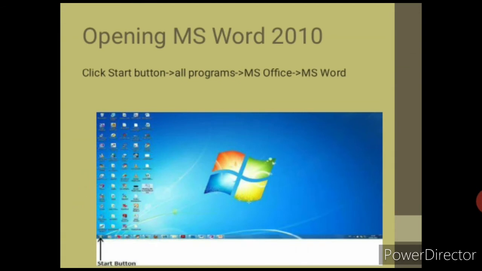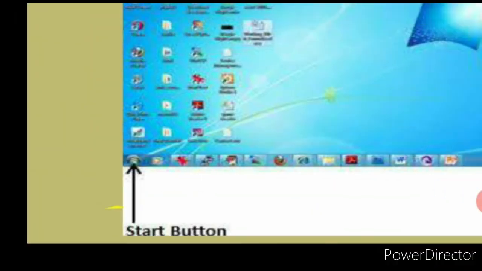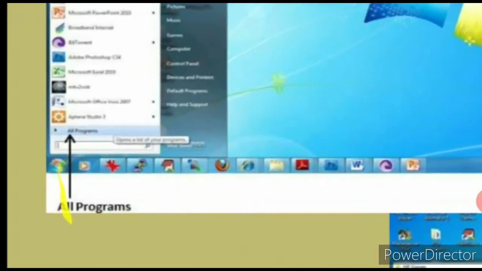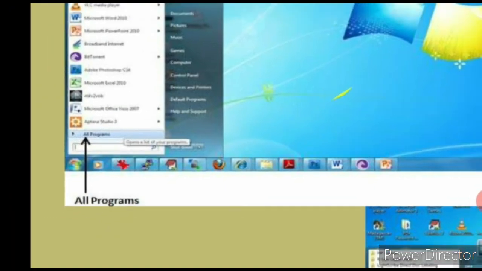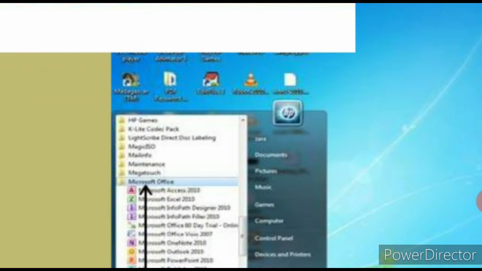So how to start MS Word? Just click on the start button. As you can see here, we have this start button, right? Just click on it. After clicking the start button, you just have to click on All Programs. Here you can see we have the All Programs option. When you click on All Programs, the Microsoft Office option will appear.